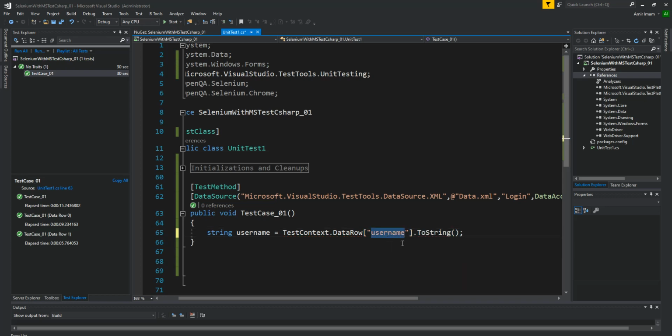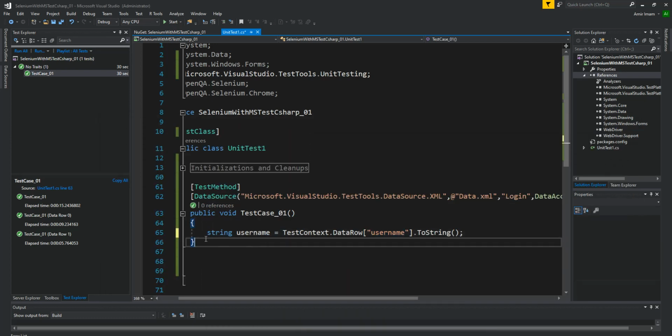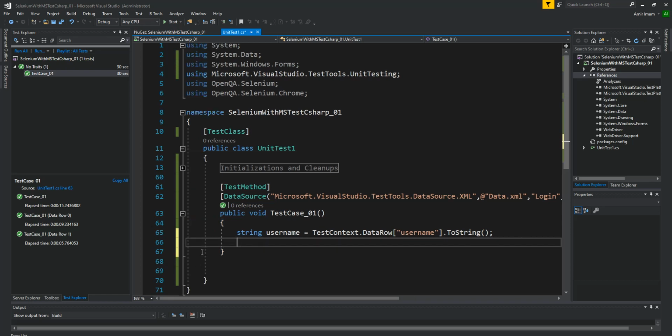I need to put a username here and I want to convert it to string. In these inverted commas, this name should be the same as present in your XML file. So I'm using this username. Now I'm printing this username into a message box.